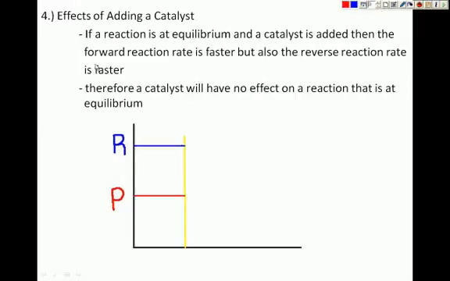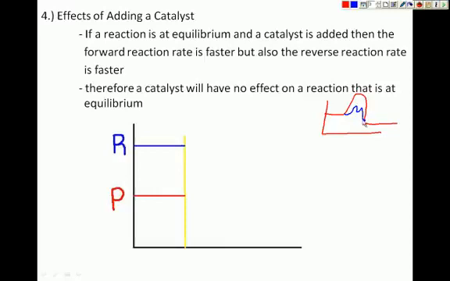Okay, and the last one here that we're going to talk about is the effects of adding a catalyst. So a catalyst, as we know, speeds up the rate of the forward reaction and speeds up the rate of the reverse reaction. So it speeds up the rates of these forward and reverse reactions equally. If you remember here, if this was our activation energy, and this was if we add a catalyst,